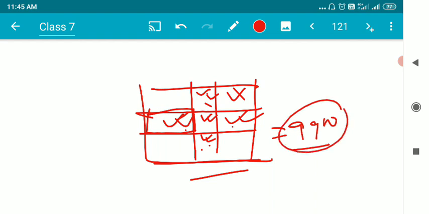So I believe my explanation was clear. This is how we have to deal with this kind of sum. This sum is very important. Please try out these sums and submit your work in the Google Classroom as well as on my personal WhatsApp. If you're having more confusions, please feel free to reach out to me.